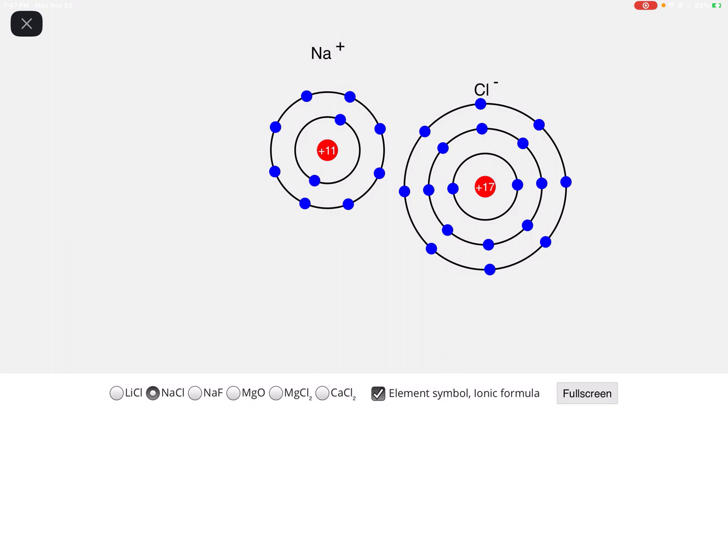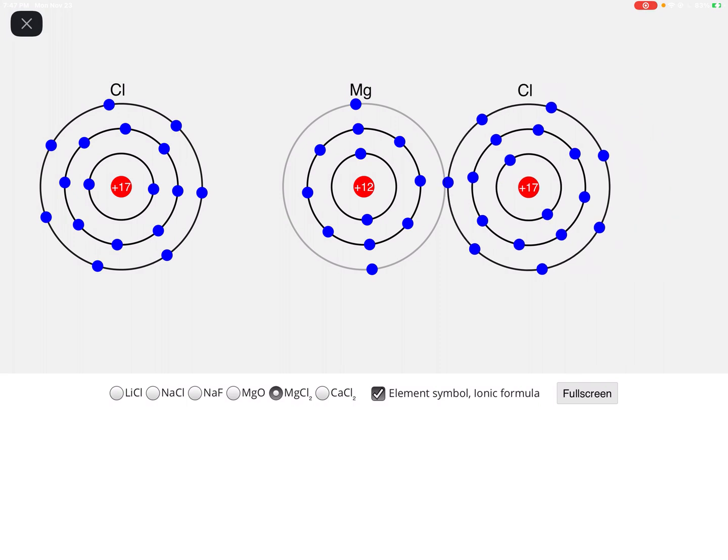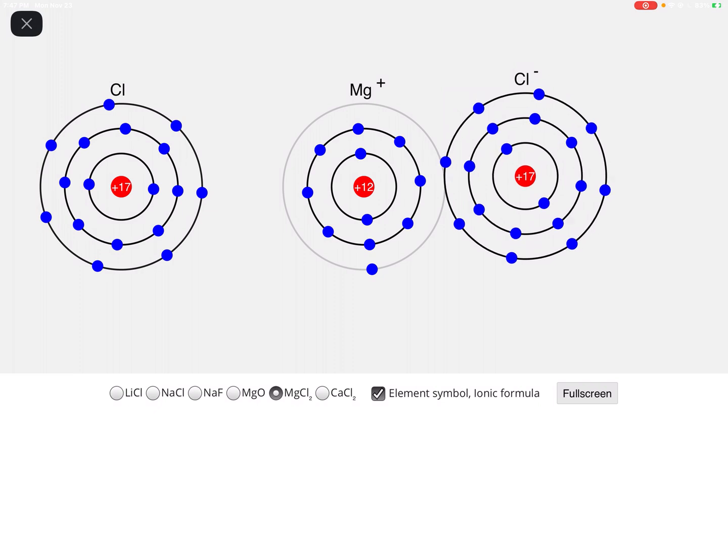All right, if we look at one like this, this is magnesium and chlorine. If they're going to bond, magnesium in the middle there has 2 valence electrons in group 2A. It needs to lose those 2 electrons. Chlorine is in group 7A or 17. It has 7 valence electrons. So as this chlorine gets close to this magnesium, if you notice, magnesium gives up 1 of its valence electrons to the chlorine, but